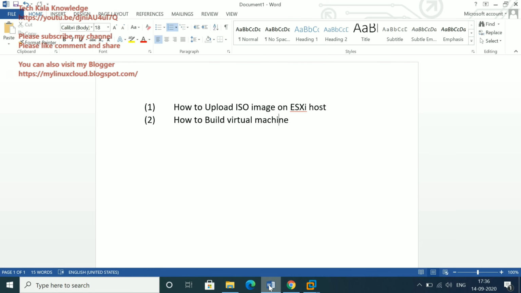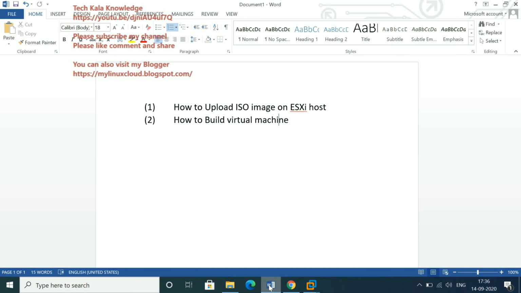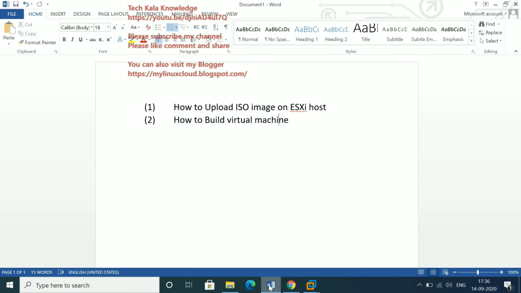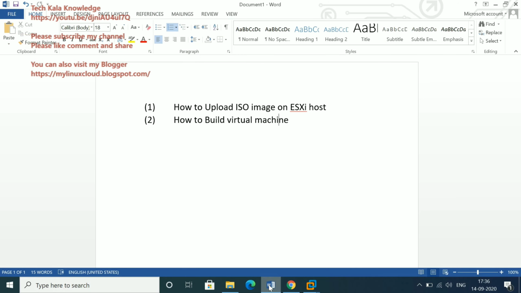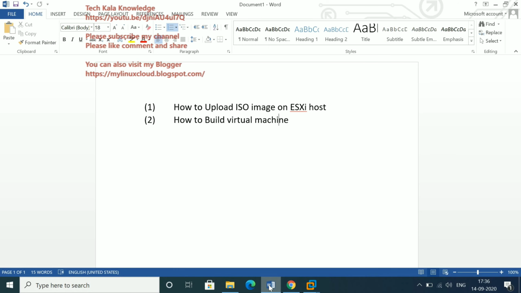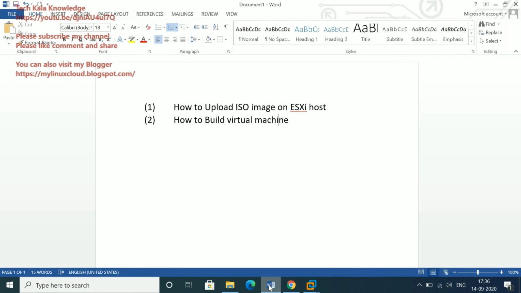If you are the system admin or Linux admin, then we need to build a virtual machine, a virtual server. We go to the vCenter and build a virtual server, right? So I'm trying to cover real time.